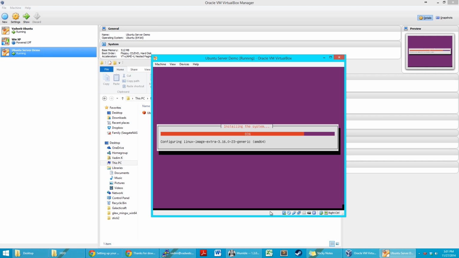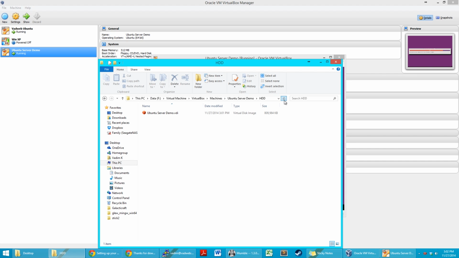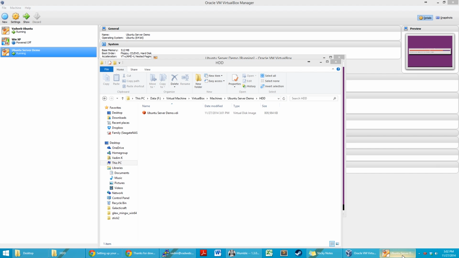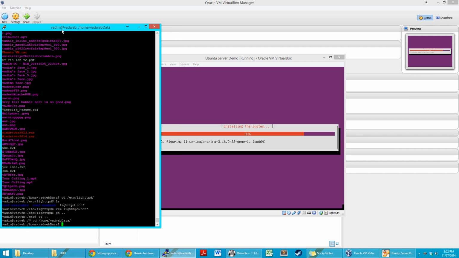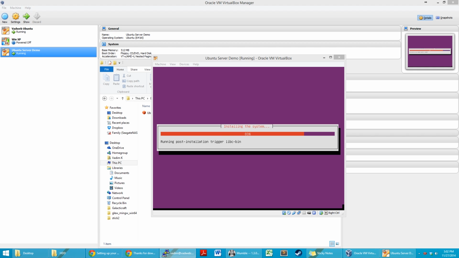Well, not command. Yeah, you need SSH access to the machine to have access to the console. So it's installing right now, and I don't know what it's doing, but it's doing something. Let me explain what that means. Actually, no, we're gonna keep going with this. So we'll be right back as soon as it's done